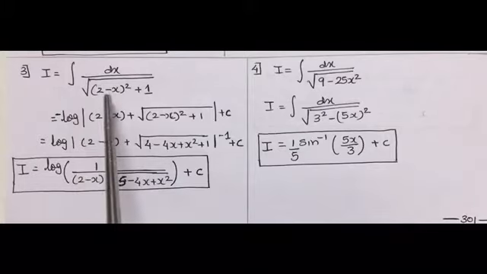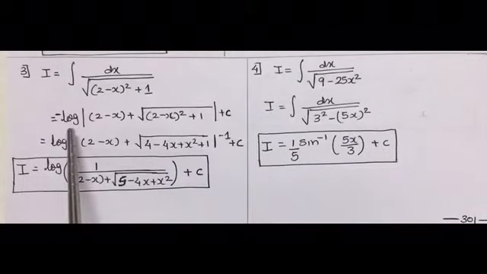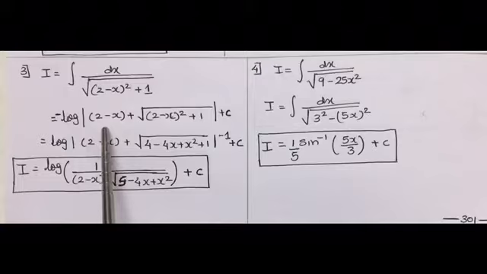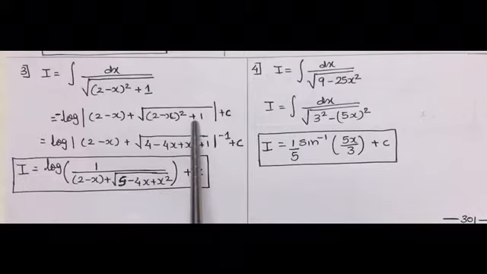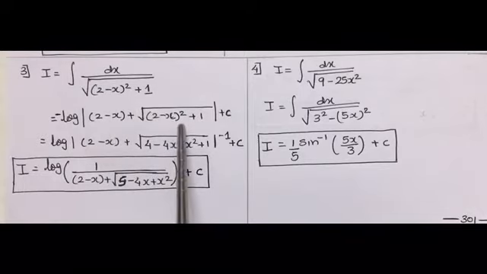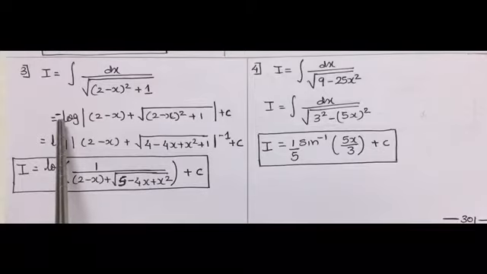So we have got it under root of x square plus a square, whose integration is log of 2 minus x, because in the place of x we have 2 minus x, plus under root of 2 minus x whole square plus 1. Whatever is the question given, that only we have to write it here. And minus sign is being divided, or here it is being taken in the form of multiplication. Reason, the coefficient of x is negative. So the coefficient of x is to be divided, hence minus 1.